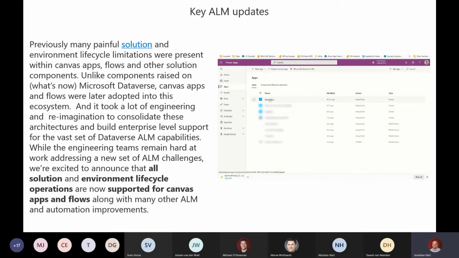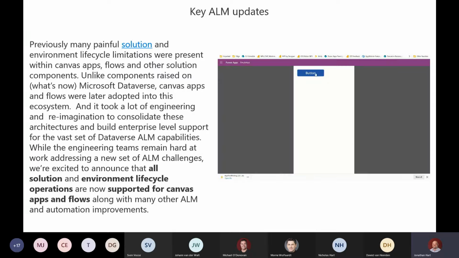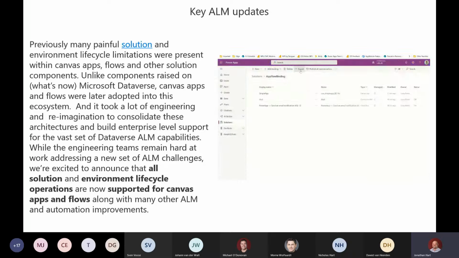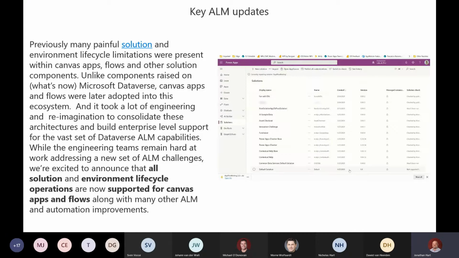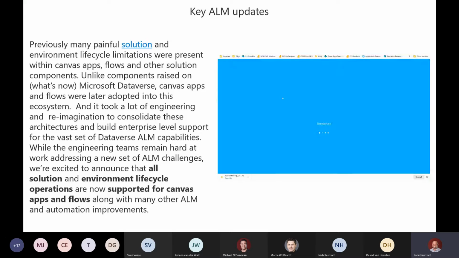There's also other changes around the managed properties on it. Apps and flows now also support automated deployments via service principals. Now, just the one thing, if you are deploying with service principals, system administrators might not see all the Canvas apps and flows within an environment within that app maker experience. They must be shared with the admin before they can see them in that one.